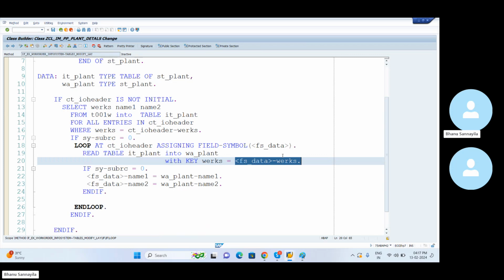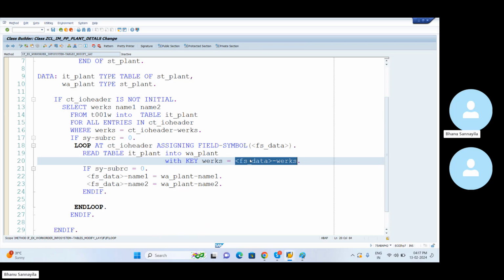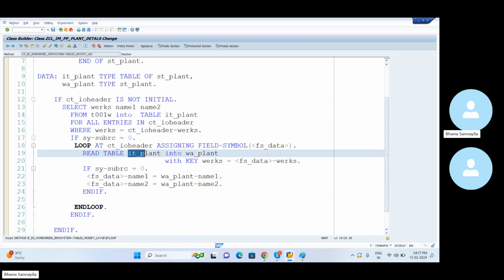Passing this. Assume here, however, you have the company code. Sorry, plant. Here, however, you have the plant value. So that plant value is coming to your work area, or it could be a field symbol. So we are getting into this particular field by passing that. We have just read the table, and now if sy-subrc is equal to 0, we